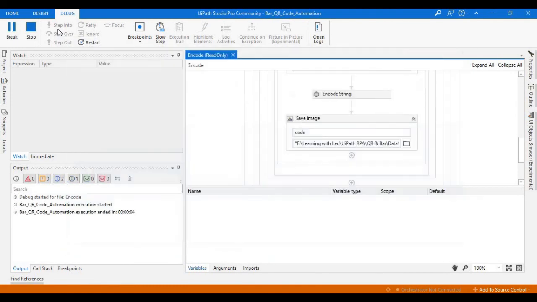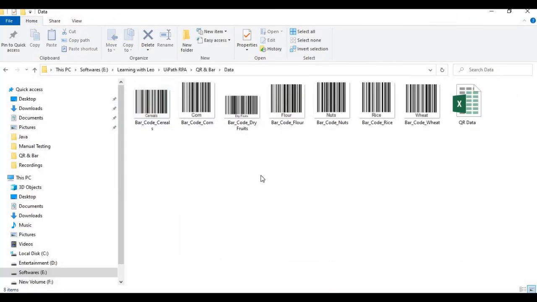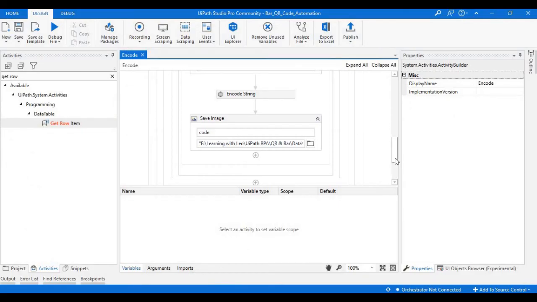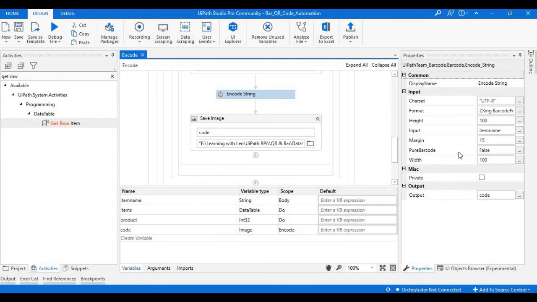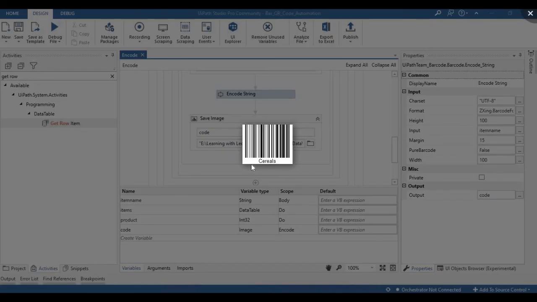Yeah, it opened the proper Excel file. Let's check the folder, whether it has generated the images or not. Here you can observe, we got all the different barcodes. As we have kept false in the pure barcode, it is showing the image with the proper name.